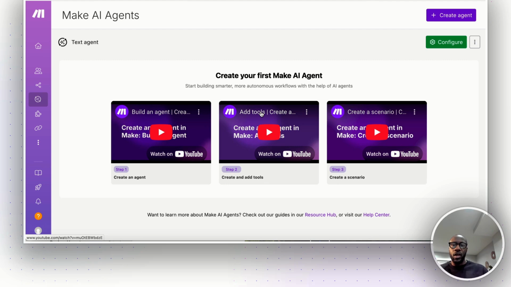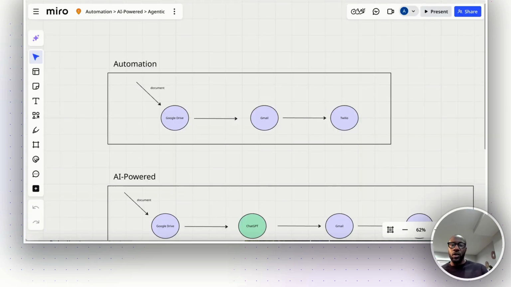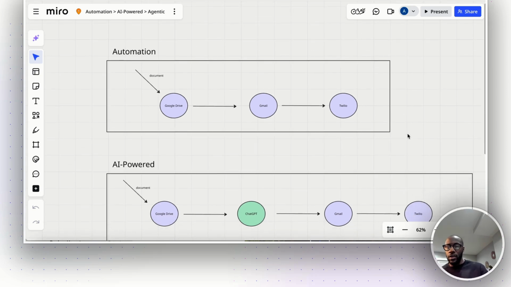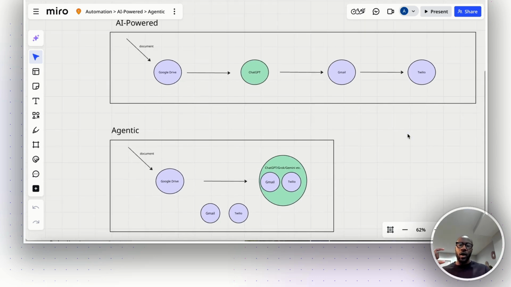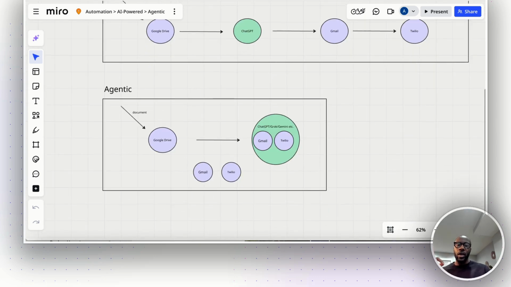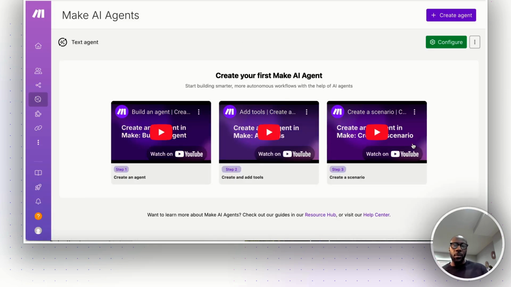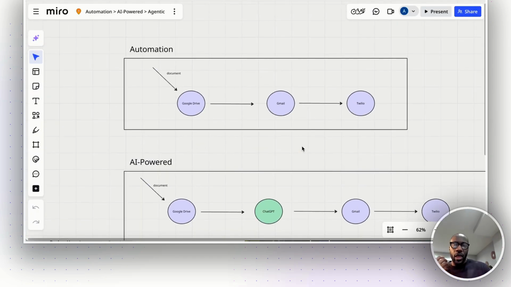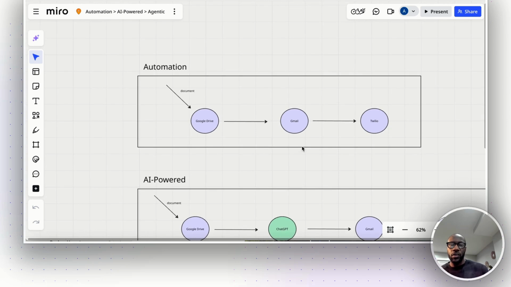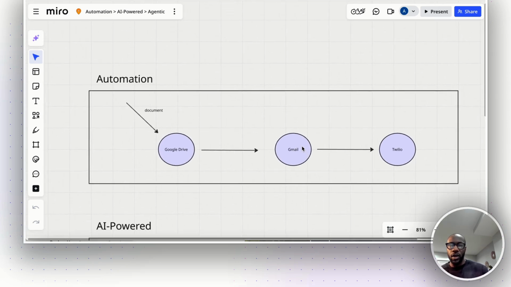In this video, I want to, first of all, go through the progression of workflow automation from before these large language models and generative AI even came about up until where we are now. And then I want to go through and actually do an example of creating an AI agent within Make. So, workflow automation. Now, when you think about pre LLMs, pre ChatGPT, the way these automated workflows would go,